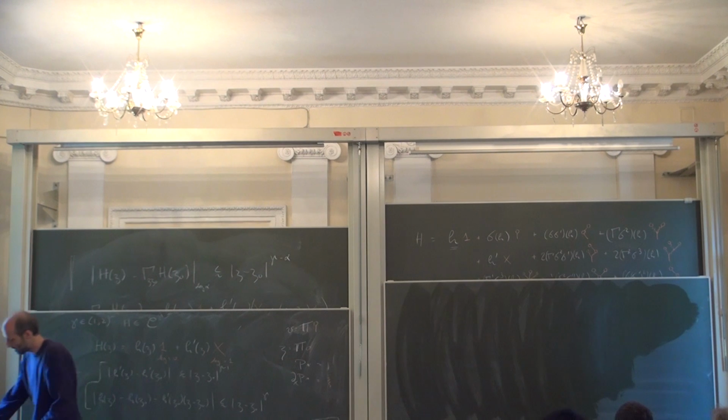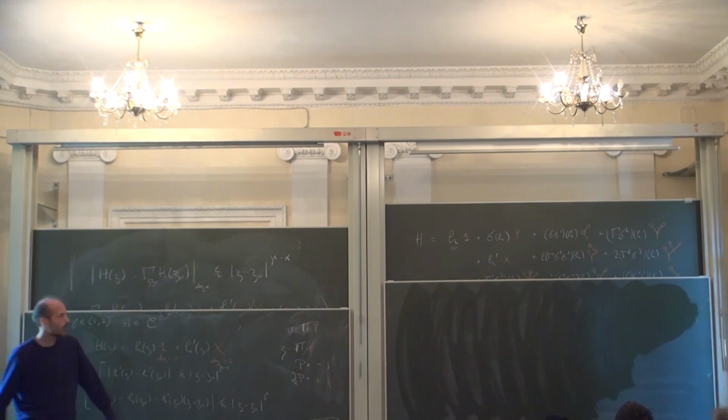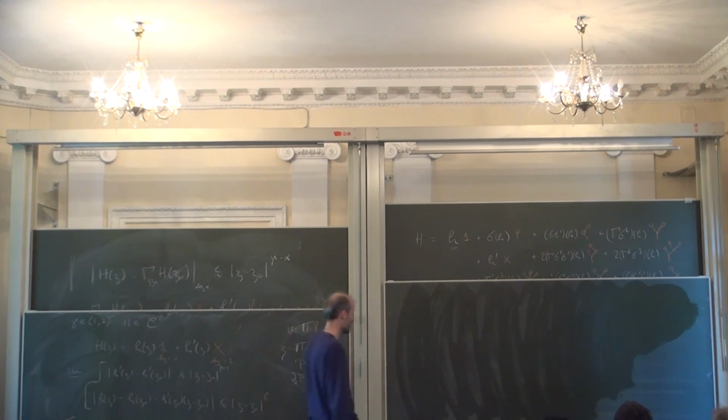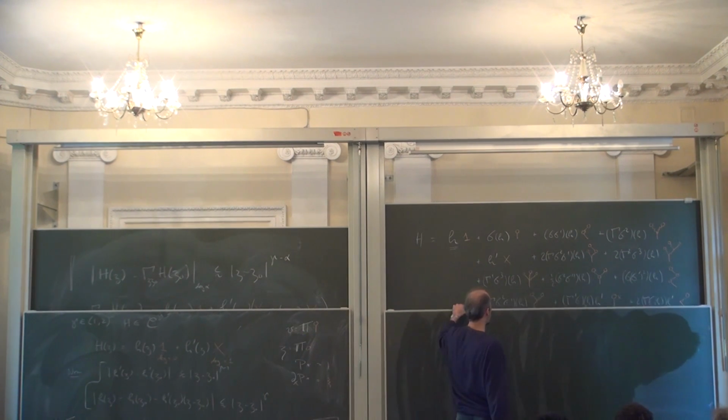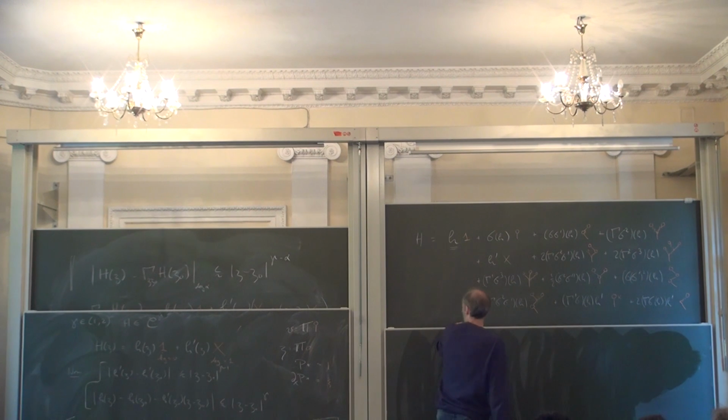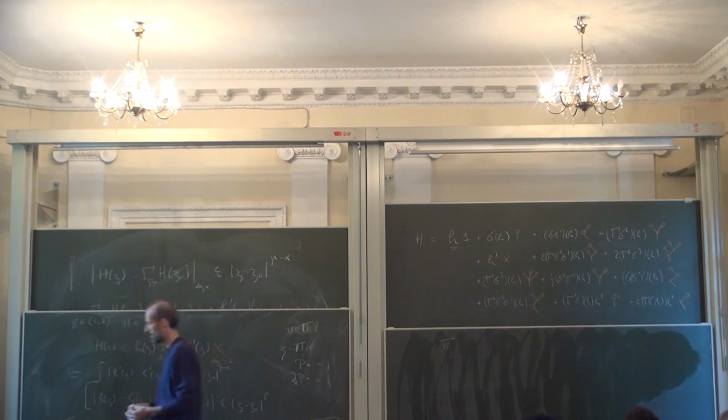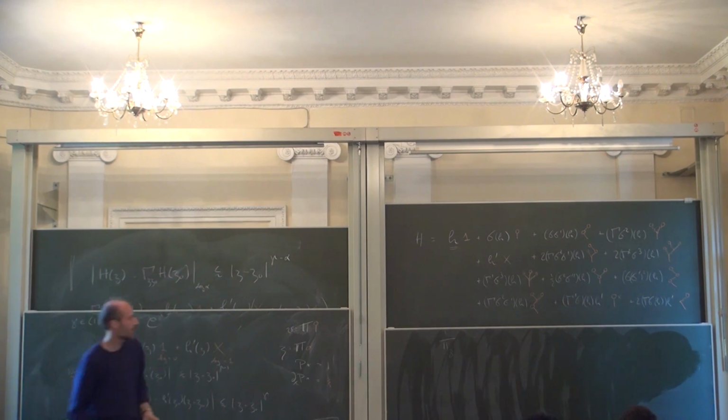So in our case, how are these gammas defined? Well, on the symbols 1 and x, they're defined in the same way as before. But now, how do I define it on this symbol, for example? Well, what did I have here? Remember, we said that the pi z of this symbol here,